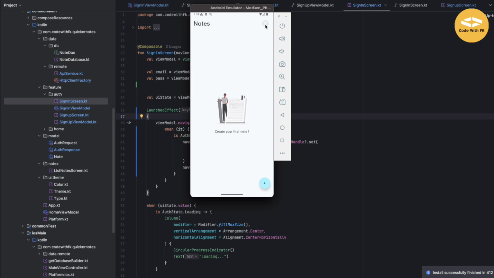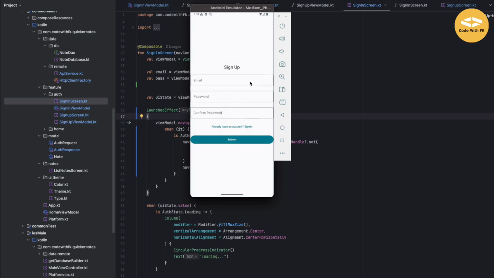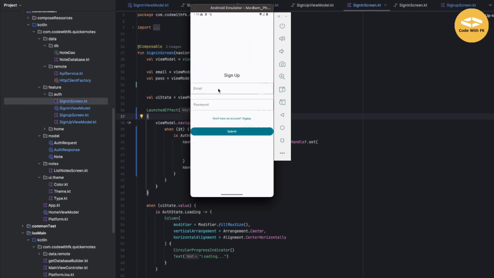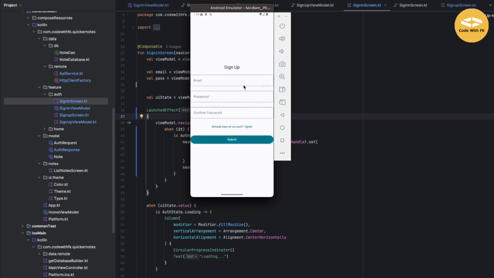Okay, so we'll go over here into the login section, and rather than doing this, I'm going to use furkan1@gmail.com. Okay, password 123456. Sign up. You can see I can sign up. When I go back, this is taking me to the sign up screen, but I want to go to the home